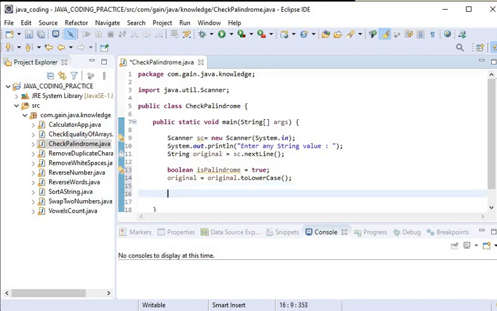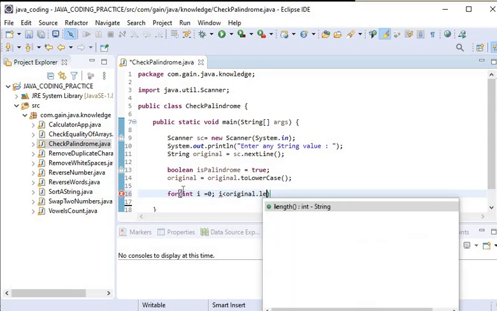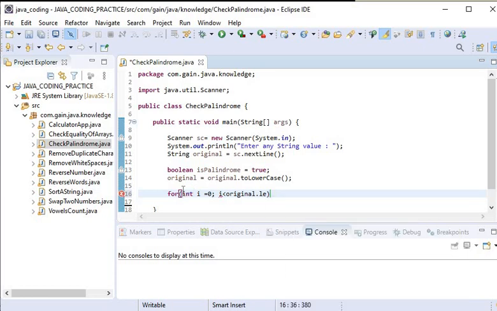Now we will iterate this string one by one. Here we will use a for loop for iteration, and that will start from i equal to 0 and go up to the middle of this original string, with i less than original.length divided by 2.